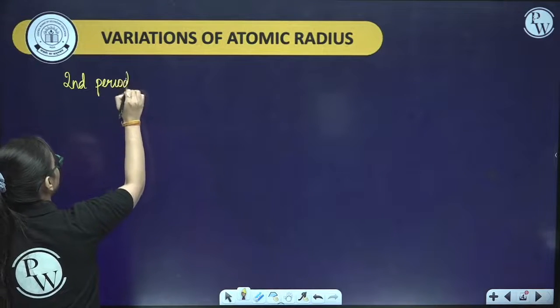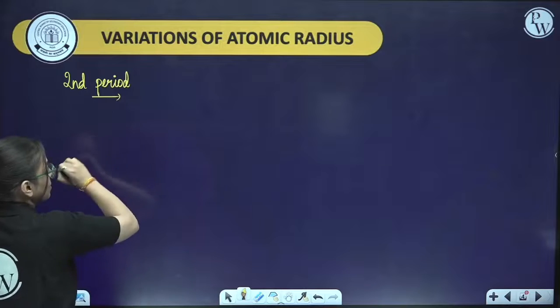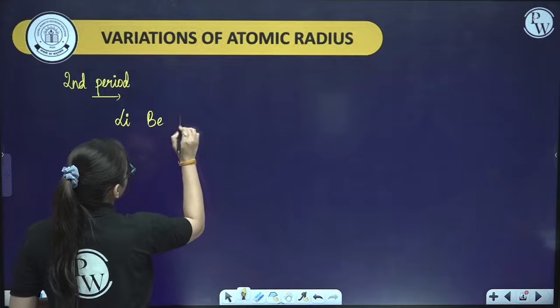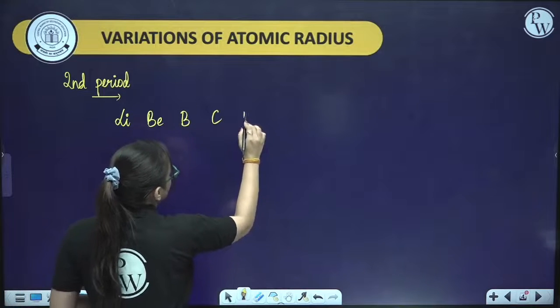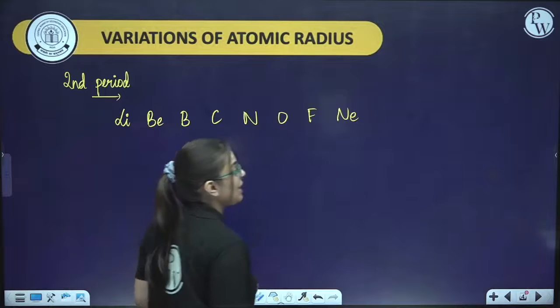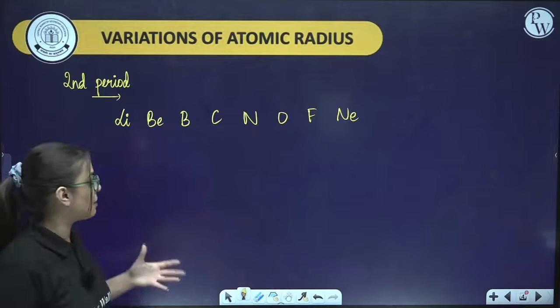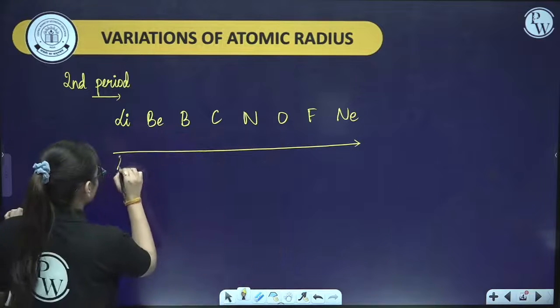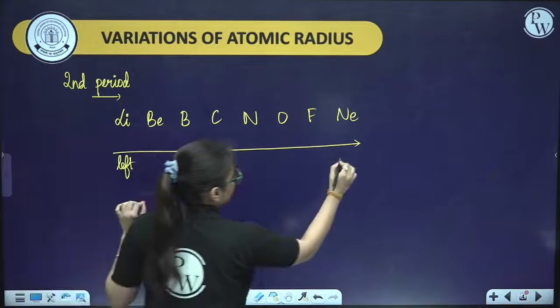Let's talk about second period again. So if I am talking about second period, lithium, beryllium, boron, carbon, nitrogen, oxygen, fluorine and neon. These were my elements in second period. So when I'm moving from left direction